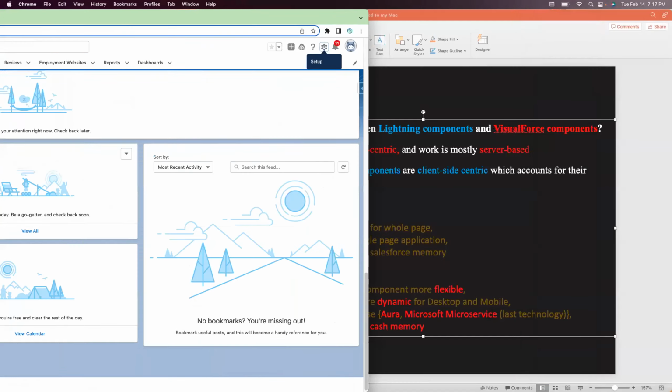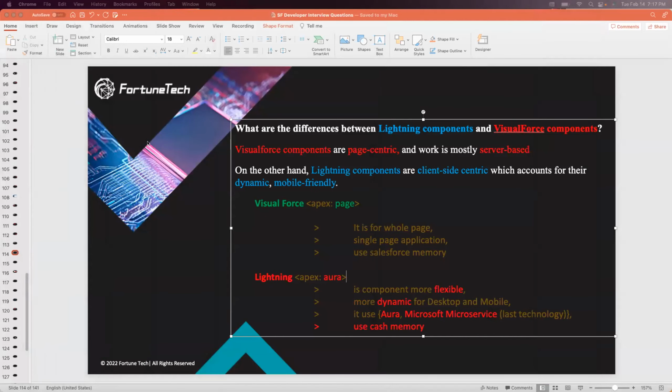All right. So we said Visualforce is for the whole page. It is a single page application. And the other difference is it uses the Salesforce memory. We are just talking about Visualforce. And this one here, Lightning component,